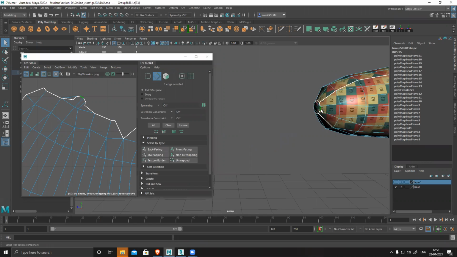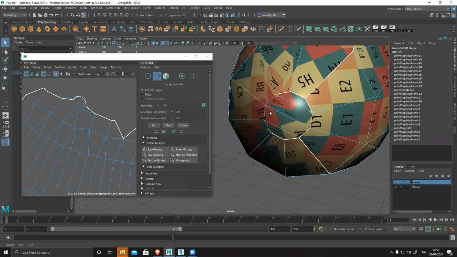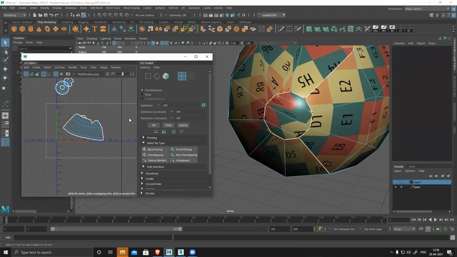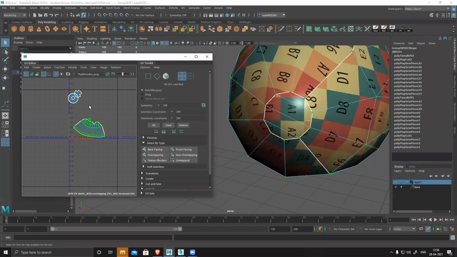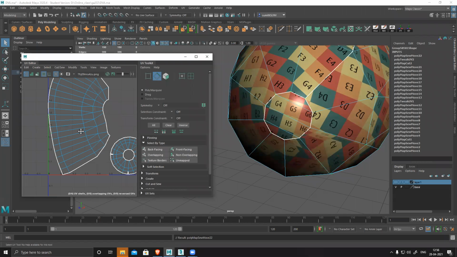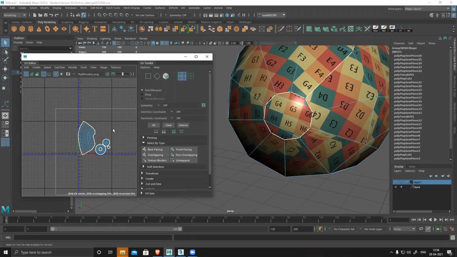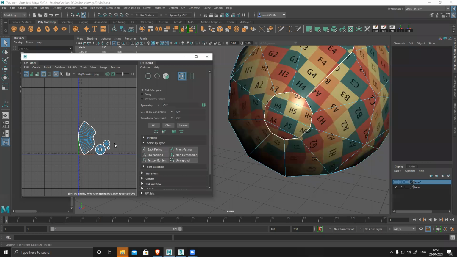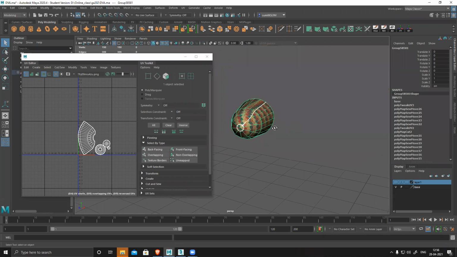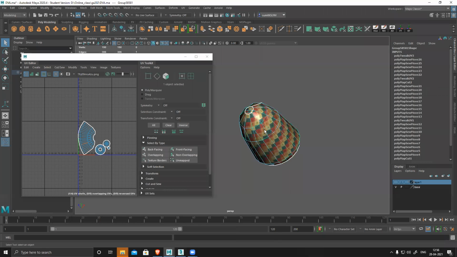Back side. Break it. Layout. Only thing is, this seam should be somewhere here.